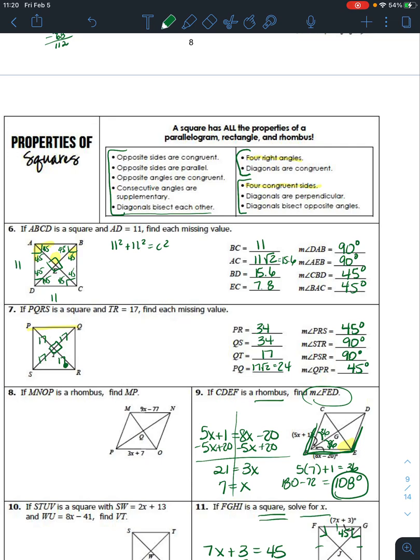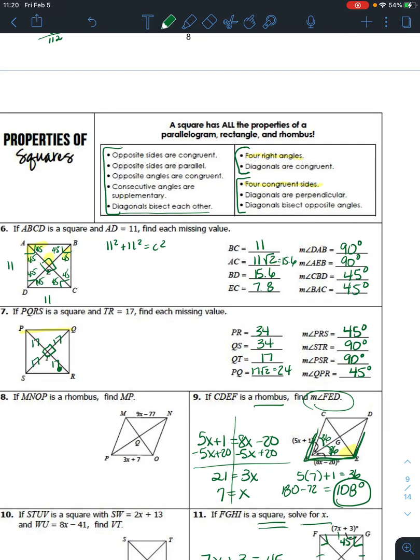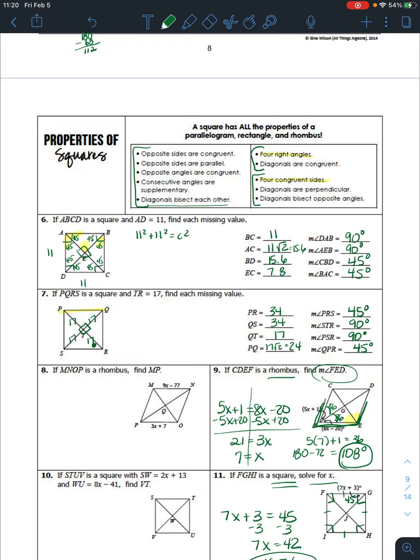We want to pay special attention to the diagonals are perpendicular and that the diagonals are congruent. It's the diagonals that really drive a lot of what we're going to do with these shapes. Okay, so keep this handy where you can see it all the time. And then when you get stuck, just start filling in anything that you know. And it may be extra information, but it might trigger